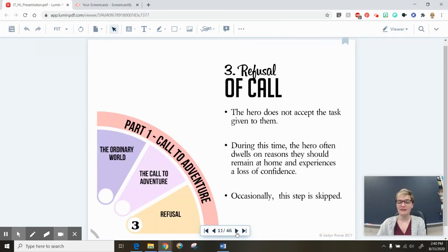Almost every time in a hero journey, there's some stage where the hero decides that they don't want to be a hero. They want to refuse the call and not do something extraordinary. So they're going to refuse the task. Often they'll go through some sort of an internal conflict. So they'll convince themselves that they're not good enough or they don't want to leave their world. And sometimes the step is skipped, but in almost every story I can think of, they do have to go through some sort of a stage where they need to be convinced to go on the journey.